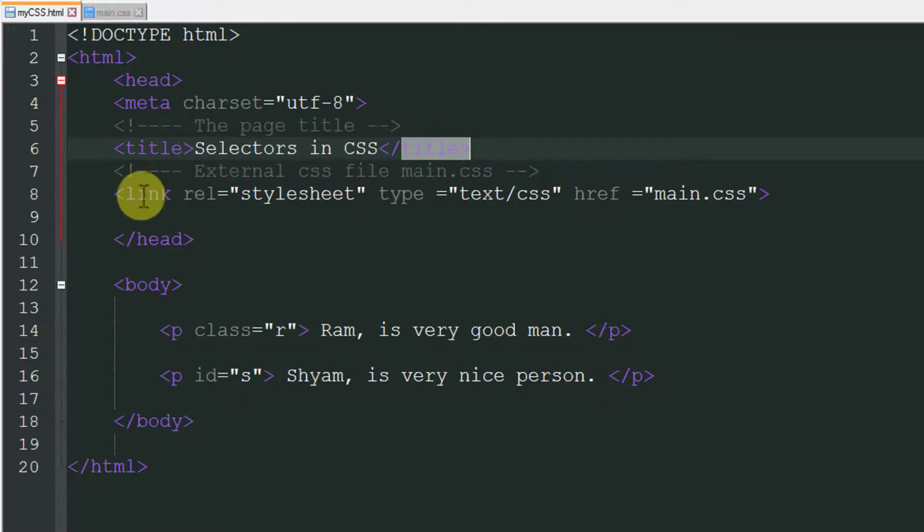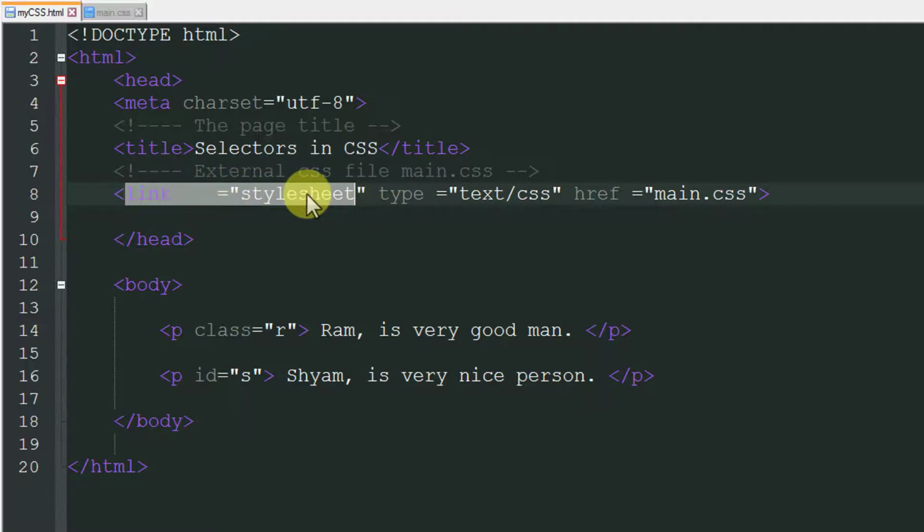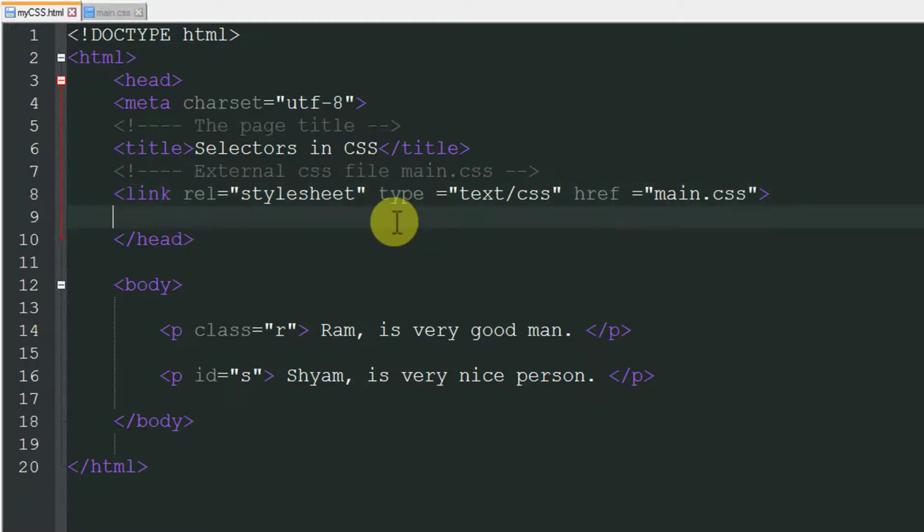linking the CSS document, using link rel equal to stylesheet. The rel attribute specifies the relationship between the current document and the linked document.